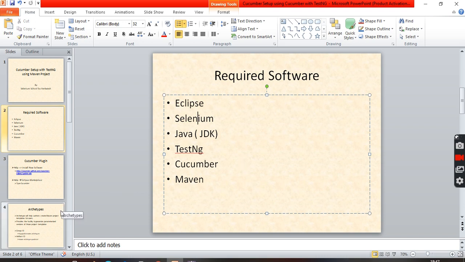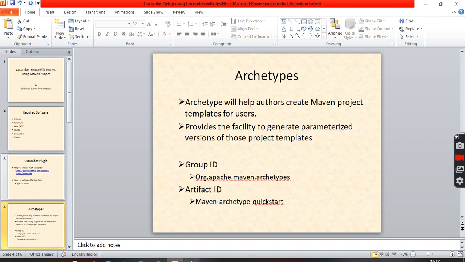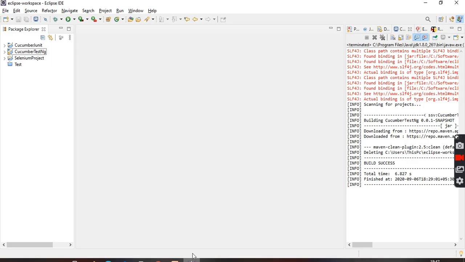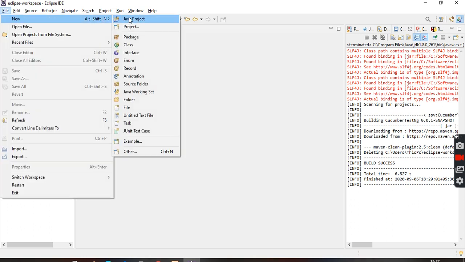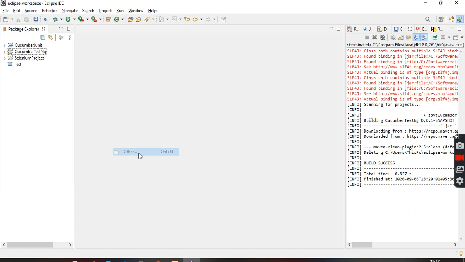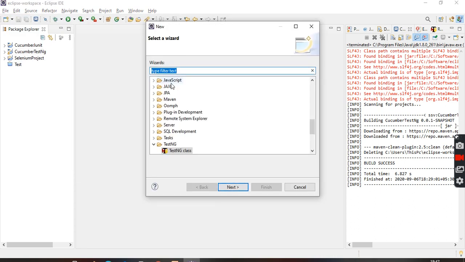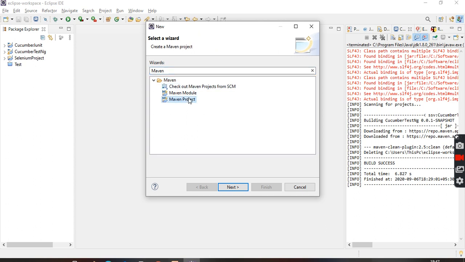How to create this Maven project? Let's go here. Just open Eclipse. Go to File, New, Other, Maven project.